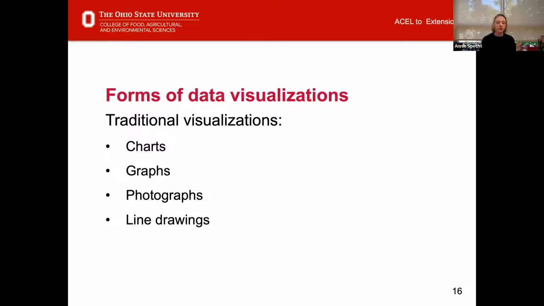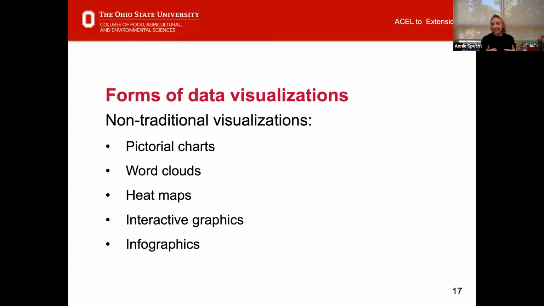We absolutely have the traditional ones, a lot of which were mentioned in the chat at the beginning of the presentation. Charts, graphs, photos, we can consider a form of data visualization, line drawings, etc. Anatomical sketches, those sorts of things all fall under that traditional data viz category. And then, upping the ante a little bit, we've got some of our less traditional visualizations. So pictorial charts, things like word clouds, for those of you who do lots of semantic analysis like I do, where we're always talking about language and the word choices that people use. Word maps or word clouds work really well for things like that.